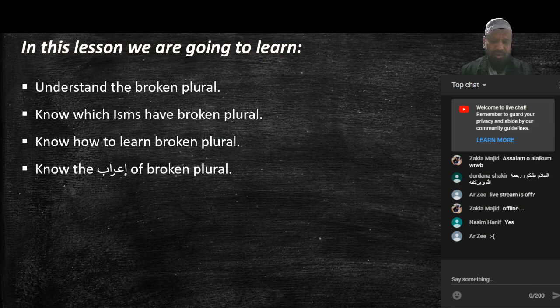Number 1, by definition, by nature they are muannas. Number 2, with the signs, and there are 3 signs. Number 1, ta marbuta. Number 2, alif maqsura. Number 3, alif mamduda. Number 3 way to find an ism is muannas: most body parts in pairs are muannas. And number 4 way to find an ism is muannas is that the Arabs use them as muannas.